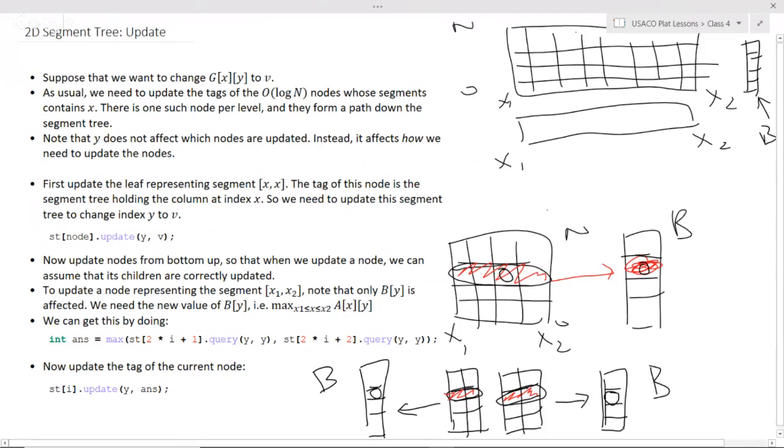Okay, let's reiterate this process one more time of updating some node. So we are updating this node here that represents this grid. We are updating index y to some value. So we want to find the new maximum of the row with y coordinate equal to y. We want to find this new maximum and update the tag with that value at index